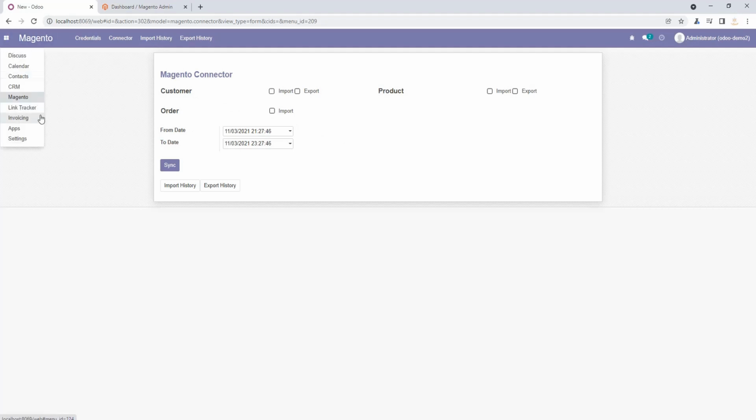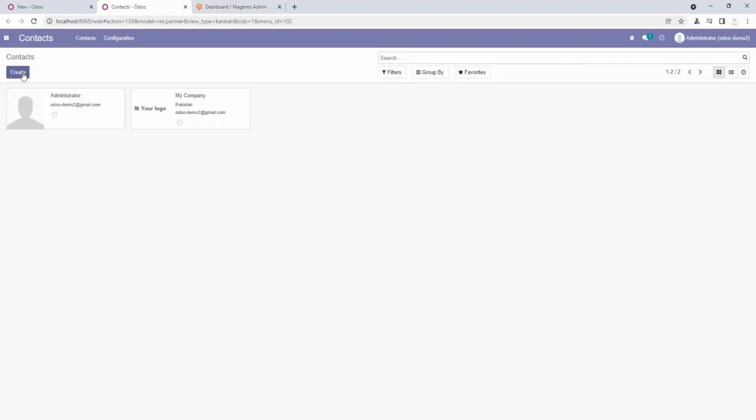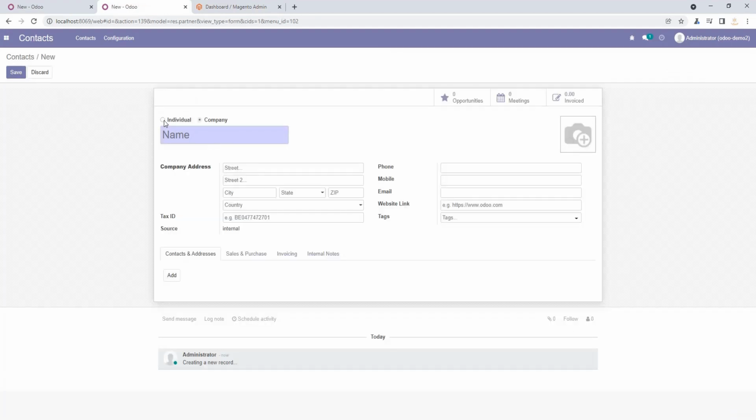So I am going to add a new customer that will be exported to Magento 2. So we can create a new contact.